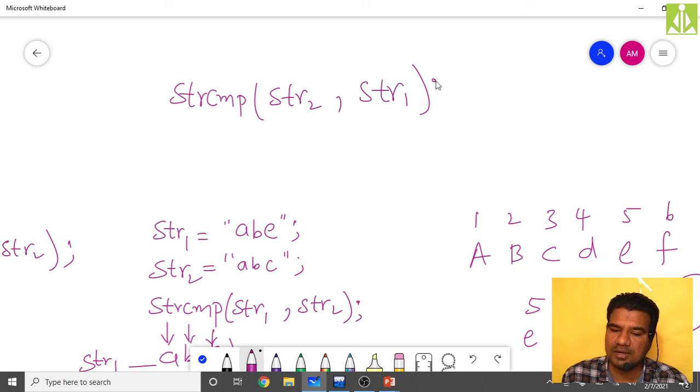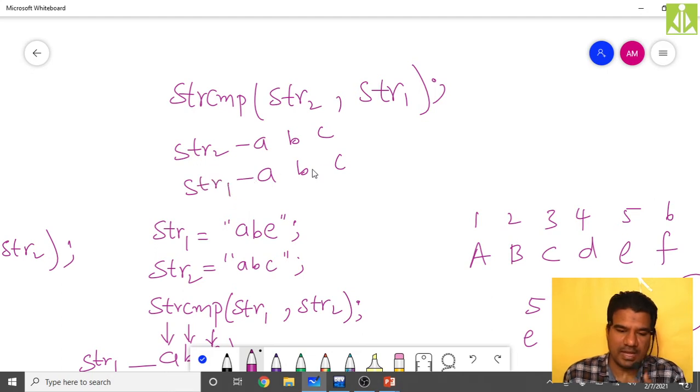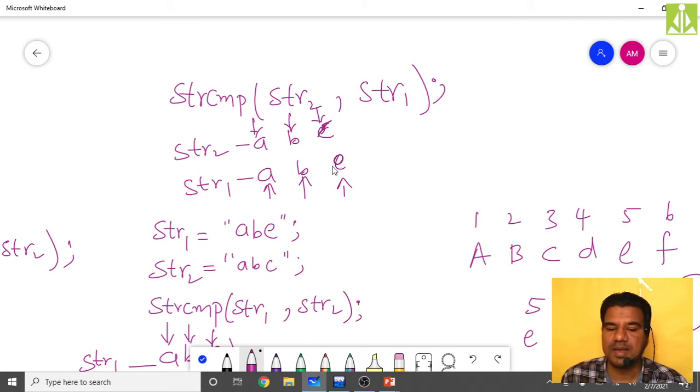In this case, it will do the comparison, and again there will be a mismatch between ABC and ABE, because string 2 is taken first. A and A will match, B and B will match, and then there is a mismatch. Sorry, here it should be C and here it should be E.